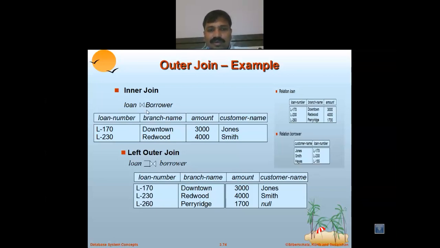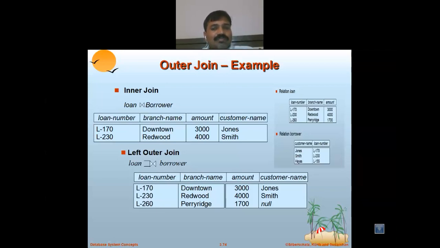So in that case, what record is displaying which is a match? So related 117 and 230 is there, two records are there, but the rest of the things are inner join, which is not matched with the second table. 170 and 230 match. L170 is Johns, and the second record is having the Smith. So both the matching records are there, so that time they display in an inner join. Rest of the records are related loan number 216, and related L55, that is Hayes.